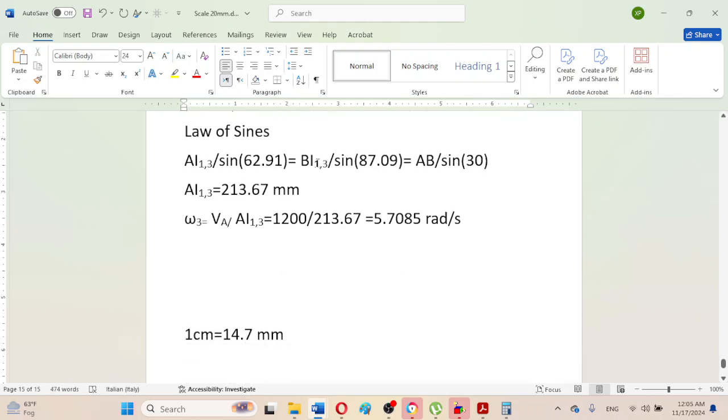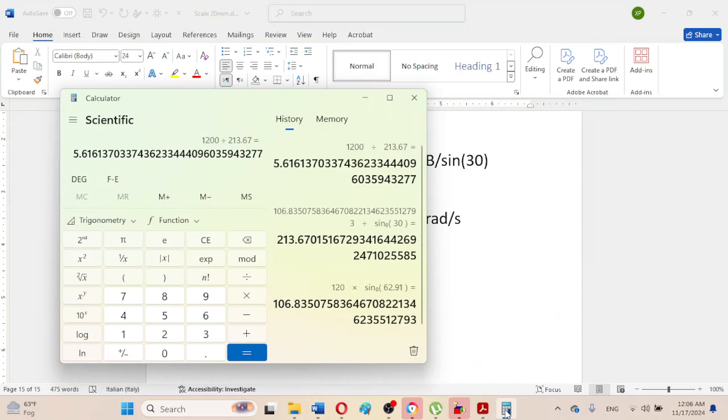Just copy it here, bi1,3 will be equal to, again in a similar manner I can calculate it here, that is 120